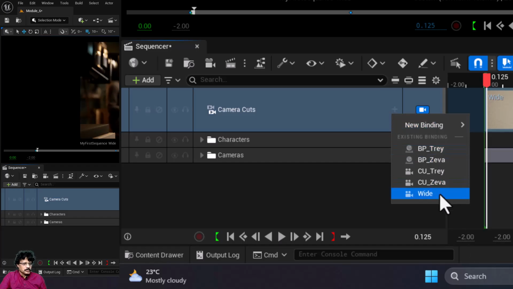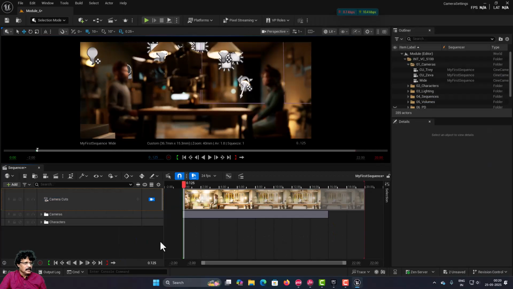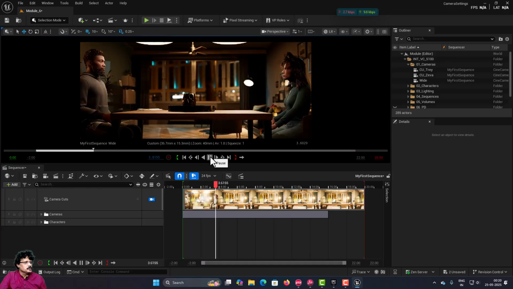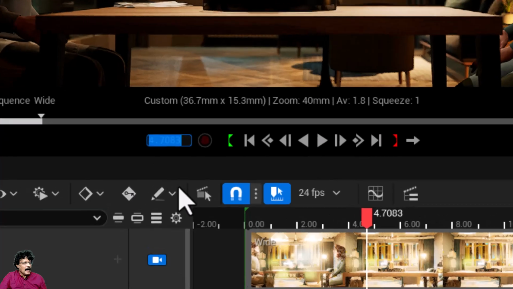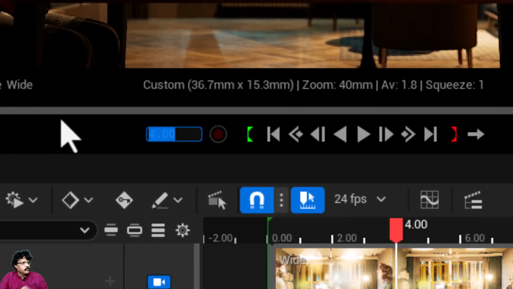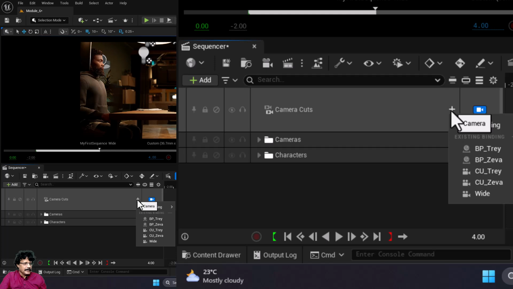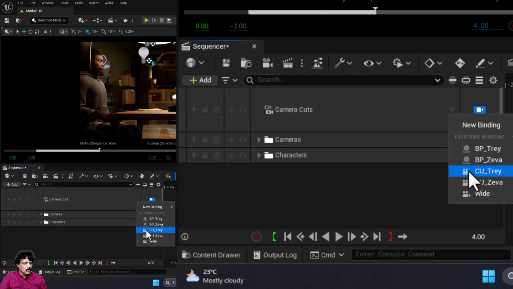I am going to select this wide camera, and this will be the very first shot. When I play this, the camera moves like this and it comes to 4 seconds, and as soon as it comes to 4 seconds, I will click this plus button, and now I am going to select